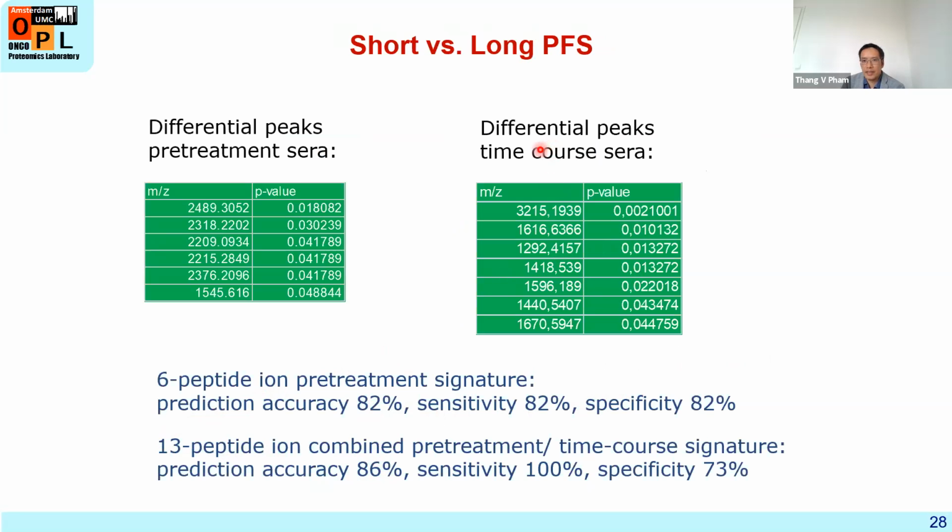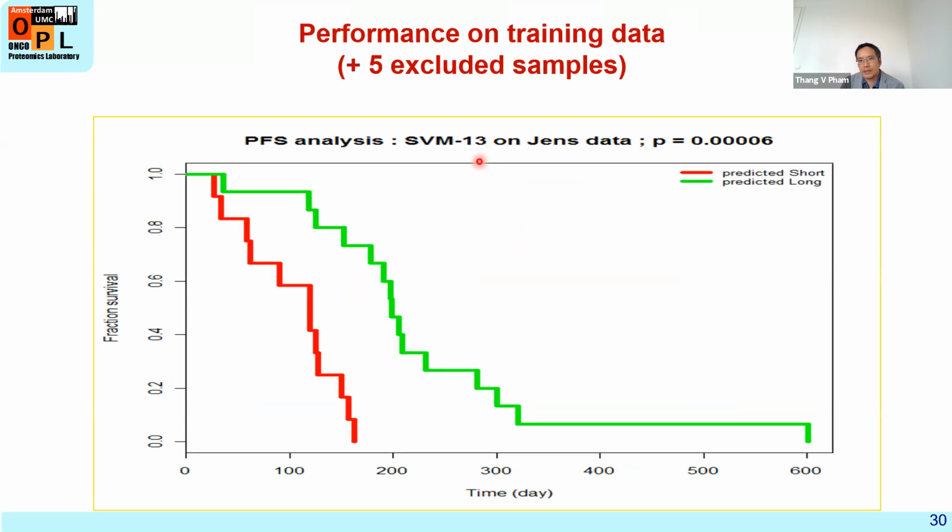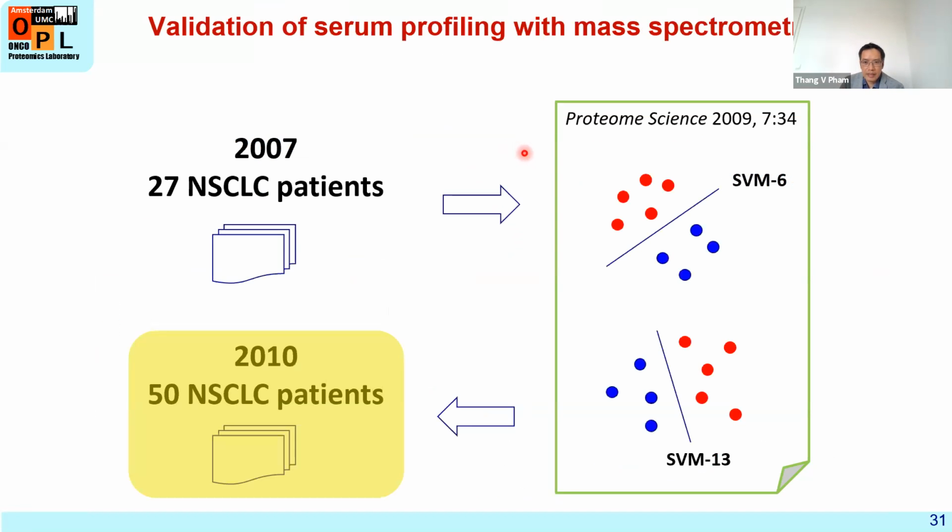And these peptides are derived from time course analysis. And on training data, it performed really well, as you can see here for the 6-peptide signature, and this is for the 13-peptide signature. But because of the feature selection, where we do statistical tests before the support vector machine analysis, the results, of course, need to be validated,